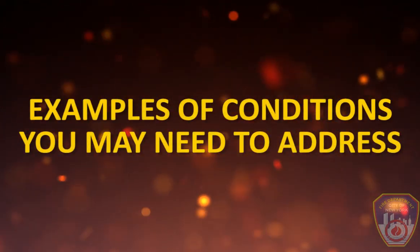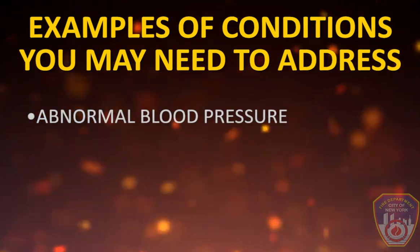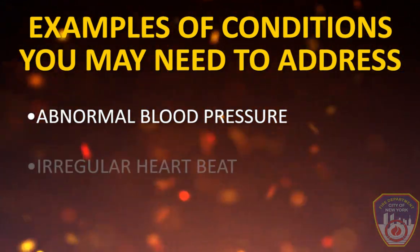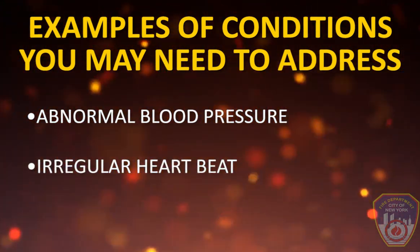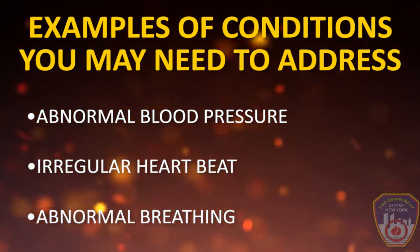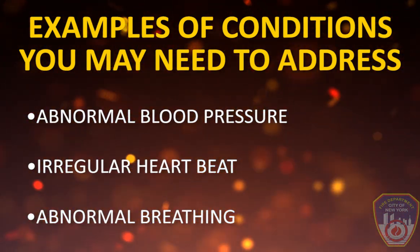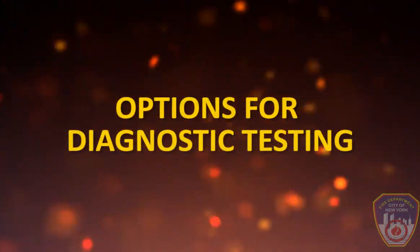Examples of conditions that may be identified in the candidate discharge report are post-test abnormal blood pressure, post-test irregular heartbeat, or post-test abnormal breathing, such as wheezing, shortness of breath, or difficulty breathing. If you do not successfully complete the second attempt,